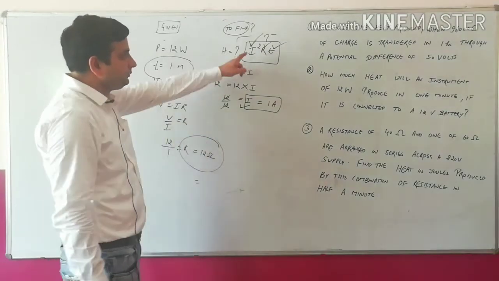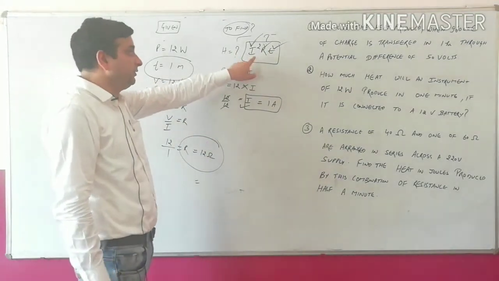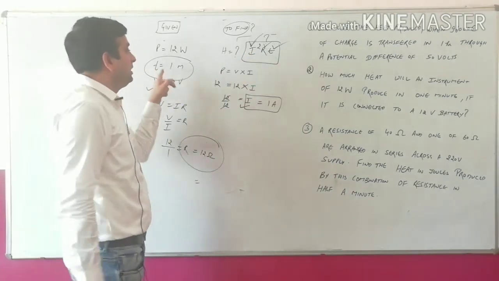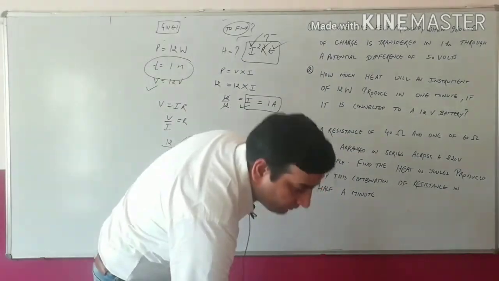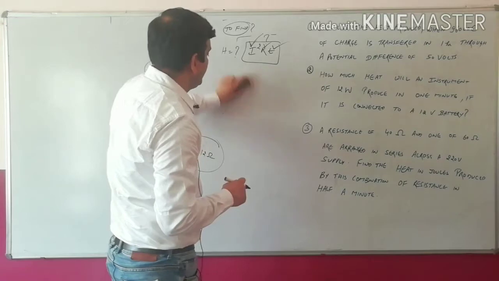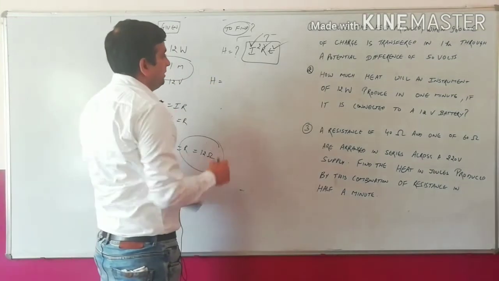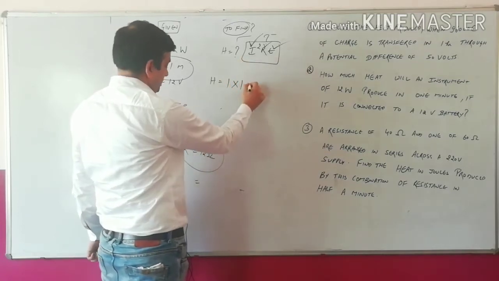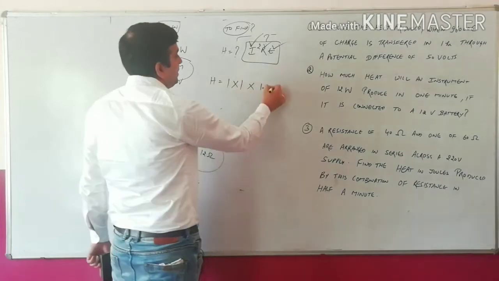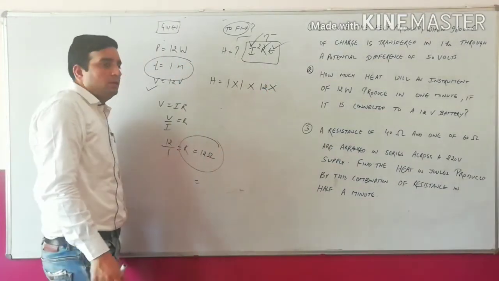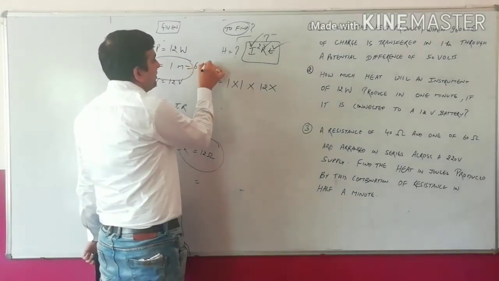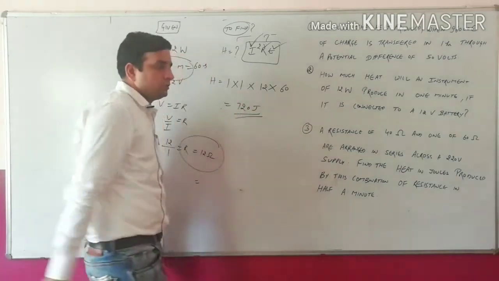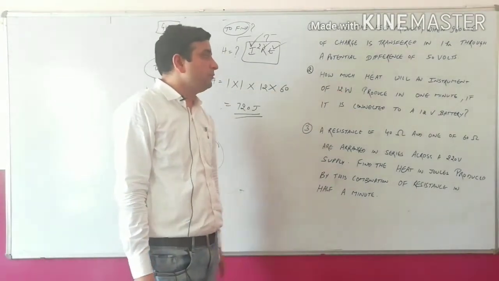So we have all the parameters to calculate the heating effect. R, 12 ohm, is calculated here, and T is given in the statement. So the next step is, by using Joule's law of heating, we can calculate the heating effect. What was the value of current? 1, so 1 squared. What is the value of resistance? 12. Now what is the value of time? Time is given in minutes, so convert it into seconds. So 60 seconds, 720 joules. So that's how we can calculate the heat produced in this case.